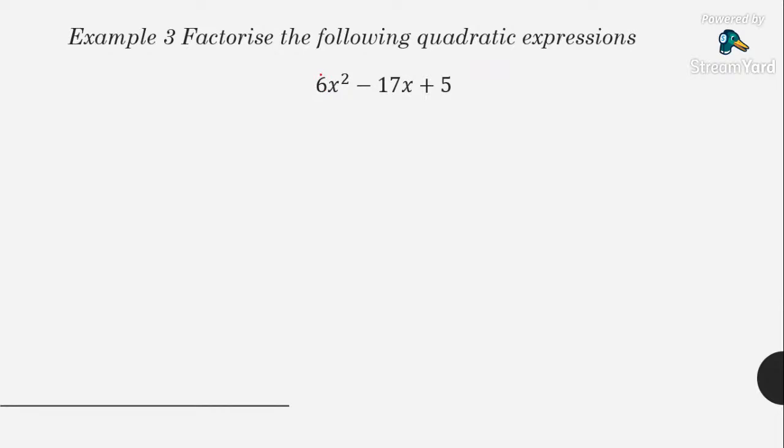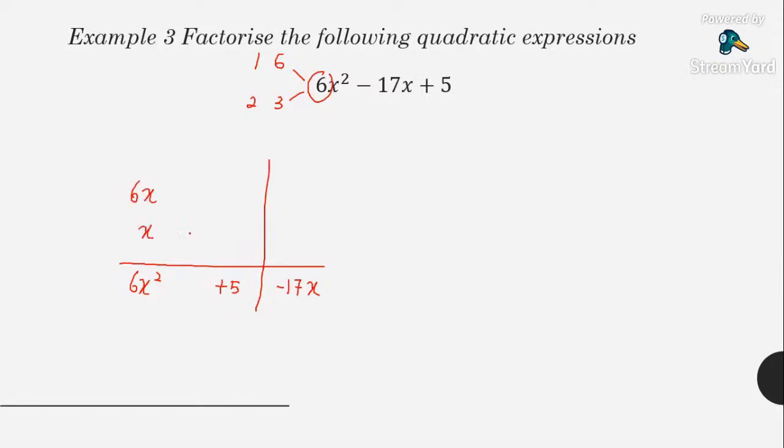So in this case, the difference is now the A, we have more than one choice, 1, 6 or 2, 3. Okay, but same thing, same method. I'm going to put in 6x squared. This is positive 5. This is negative 17x. Okay, right. So I will put in 6x and x first. And then what I have here is I can put in, the only choice is 5, 1. Okay, so when I put in 5, 1,